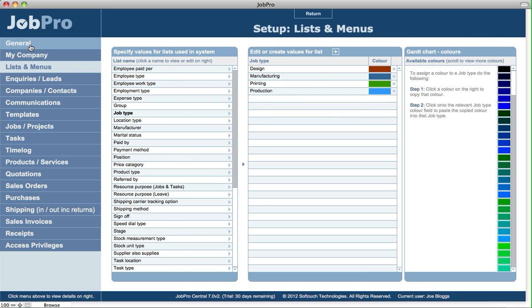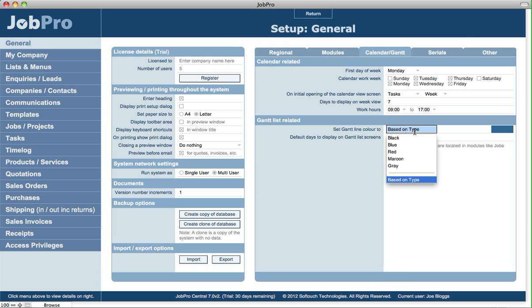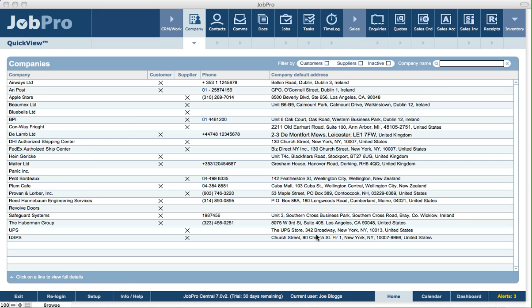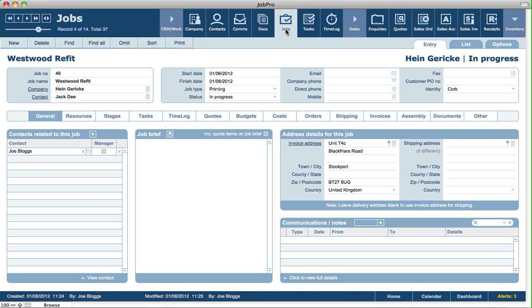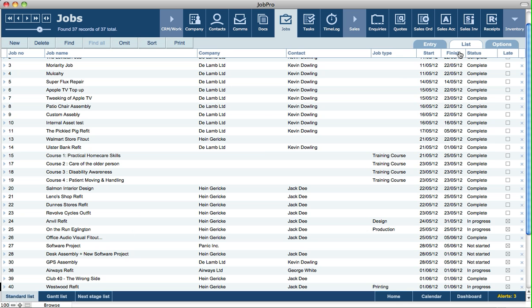So if we go back into general, this is where that is relevant to, that you can either use the type specified for the job or the task, or just use a fixed color on the Gantt list screens. You can also default the days to display on the Gantt list screens to whatever number you like as well. So if we take a look at one of the modules, jobs or tasks, that includes those list screens, go into jobs and we click on find all, and we click on list. So on a list screen we have the ability then to go to different types of list screens, including the Gantt list screen. If we click on that,